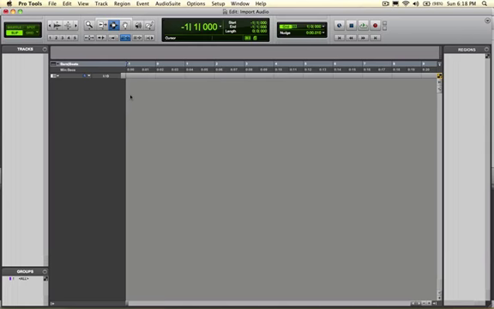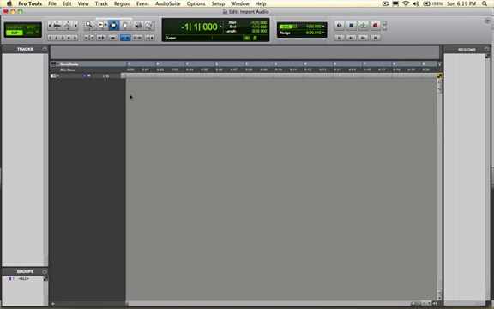Importing audio is one of the fundamental aspects of all digital audio workstations. But before we start importing audio into Pro Tools, let's discuss some fundamental basics. Pro Tools only works with raw PCM data. PCM stands for Pulse Code Modulated Data. It can import compressed variants like MP3, MPEG-4, AAC, and so forth, but it has to convert it into raw